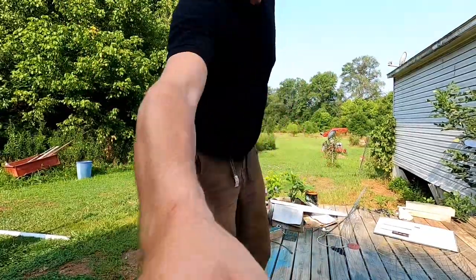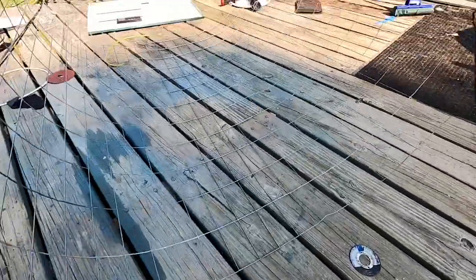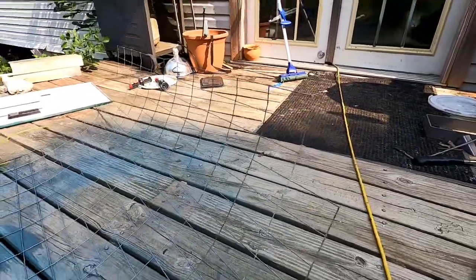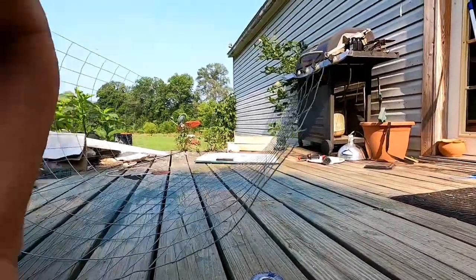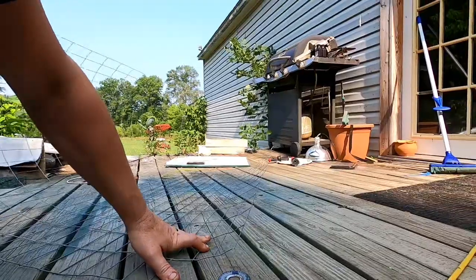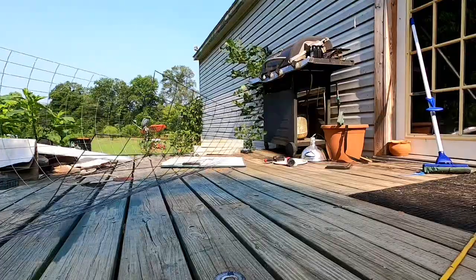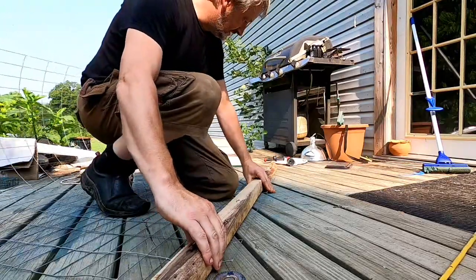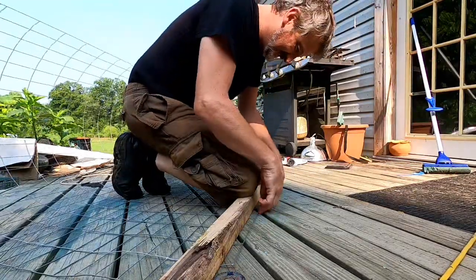Okay, so. Right, this is how the mesh starts off. Now, I don't know if the camera's going to pick this up very well or not, but I'll do my best. Okay, let's put it about there. That'll do us. You'll be able to see that. Right. So I've got this and a bit of wood. And literally, what we're doing, kneeling on it, and just